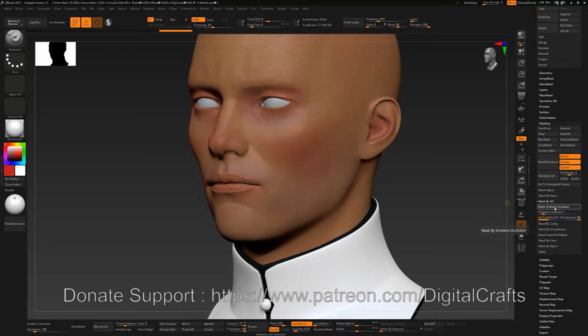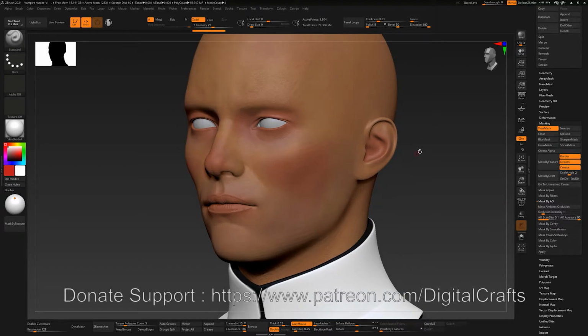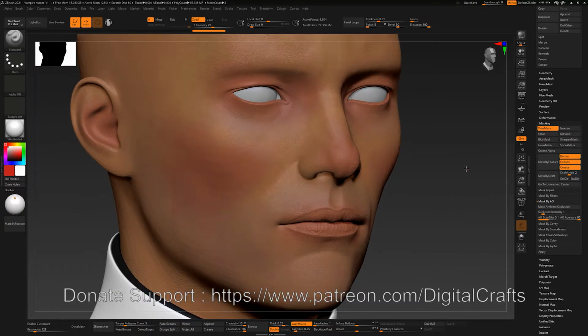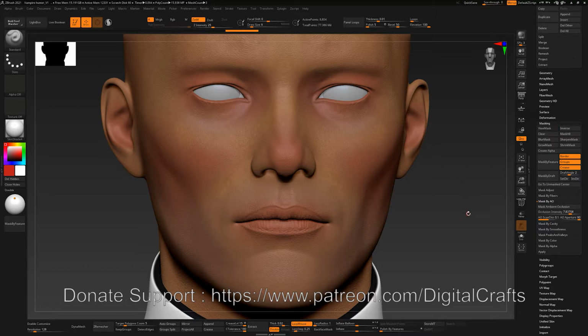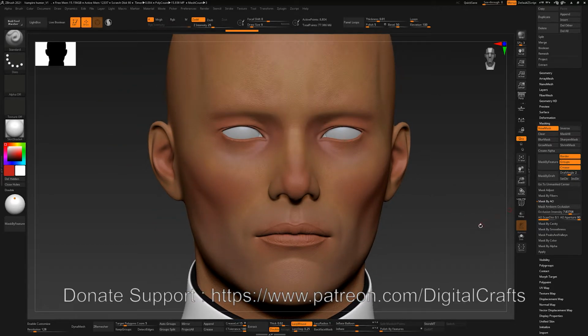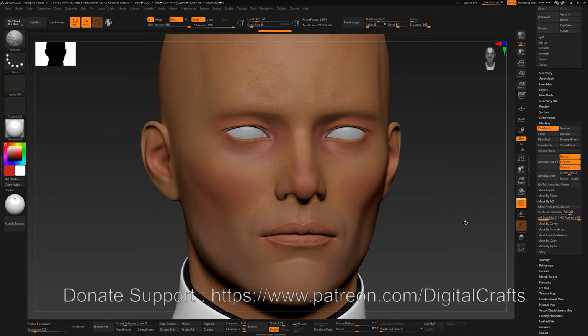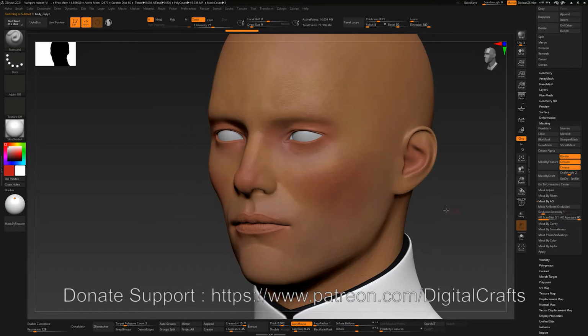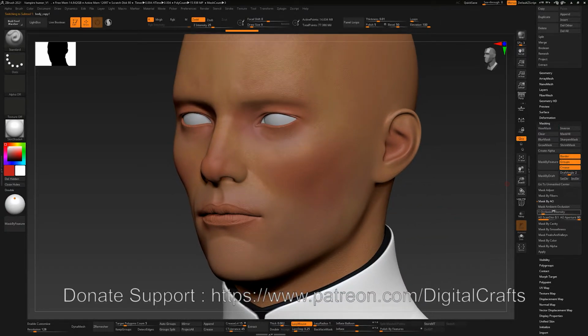If I click on here, some kind of mask is generated on the gray areas. If I increase the intensity, then you will be able to see. Okay, sorry, I wasn't on this subtool. Yeah, so if I mask by ambient occlusion,